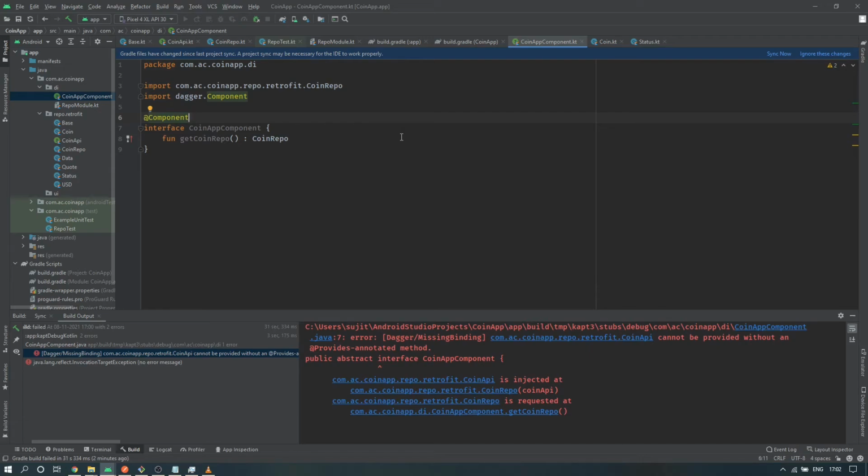So now here we will declare that. So, modules, I think it's just a list of modules, we can give it this way,